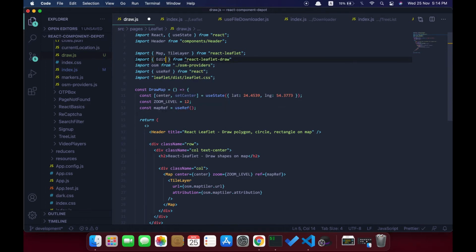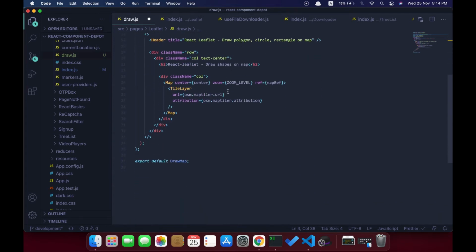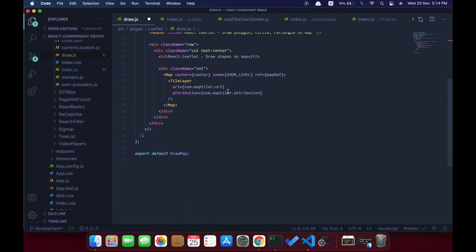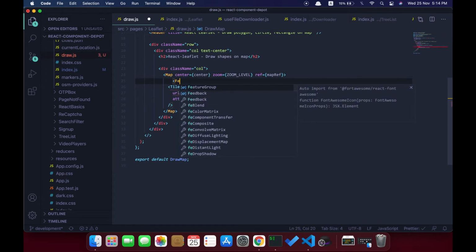And then you need a FeatureGroup from React Leaflet to actually integrate this control. So we will import FeatureGroup from React Leaflet. Let's use this FeatureGroup and EditControl together to actually create the draw controls.